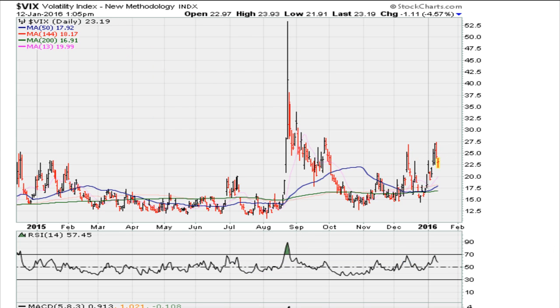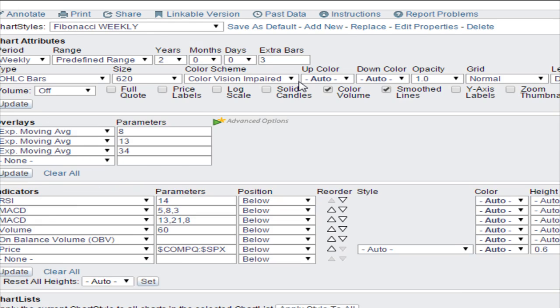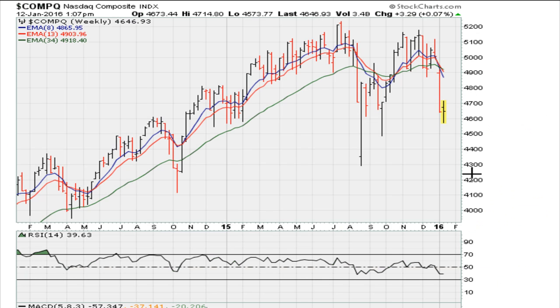So what I'm getting at here is, using that analysis and using symmetry, there is a chance that this market is trying to trick people to go short before it bounces. So we have to watch for evidence. And the way we know that this is actually playing out is, for example, take a look at the NASDAQ again, because I believe the NASDAQ is the first of the major averages that I'm looking at that might show that type of action. Here, if we take a look at the weekly again,